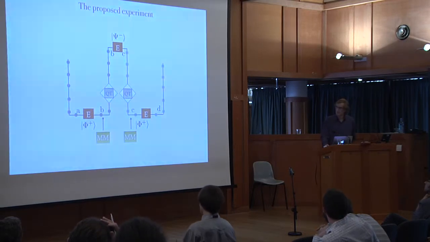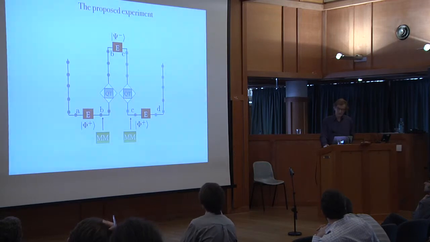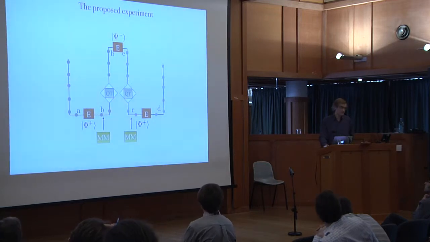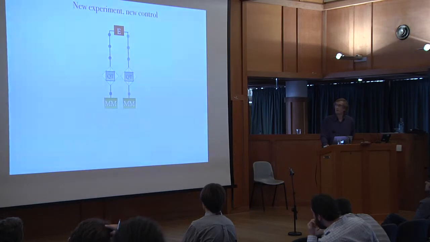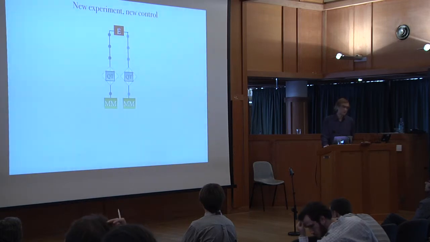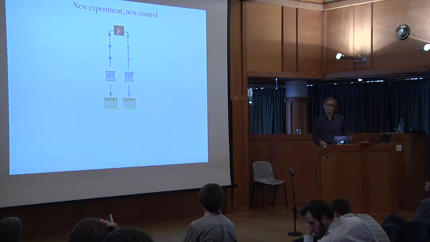So B and C should be in maximally mixed states. But there's no reason why those maximally mixed states should come as the reduced density operator of an entangled pair. So we can have this experiment where we just start with maximally mixed states, do the quantum tomography, do the entanglement, pick out a sub-ensemble in which the result of the entanglement was one of the Bell states, for example,